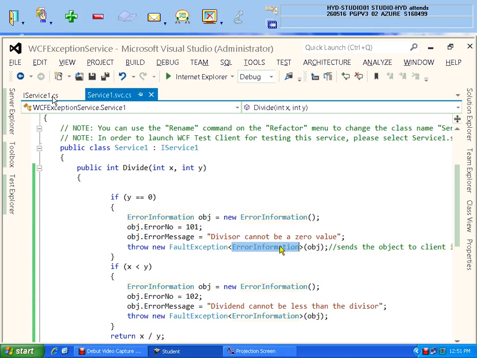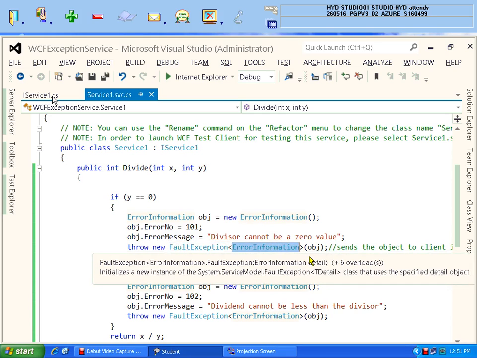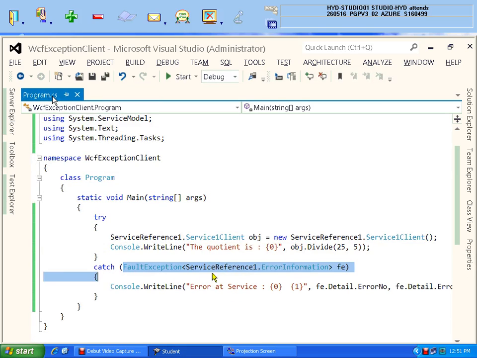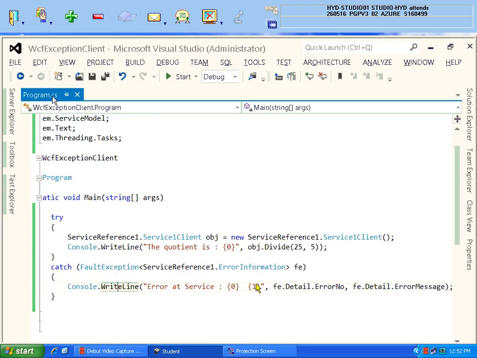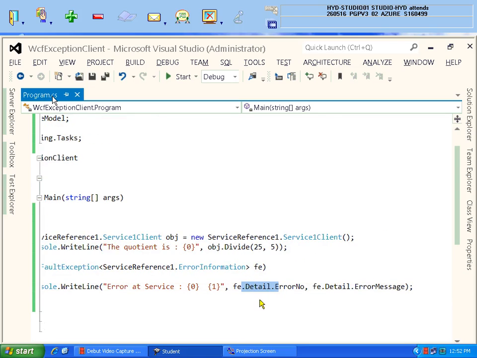Error information. In the same way, you need to create one catch block in the client application with the fault exception of service1.error information, because this error information is not available in the client; this class is available in the service. So service reference 1.error information, and display whatever object I received in the detail, fe.detail.